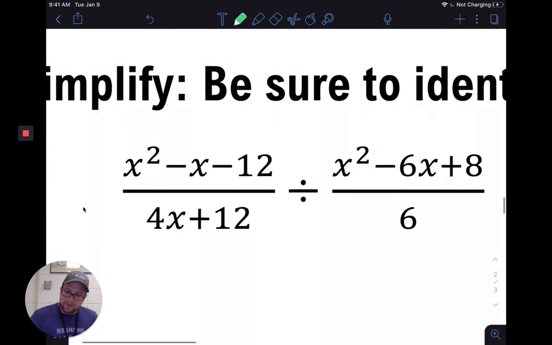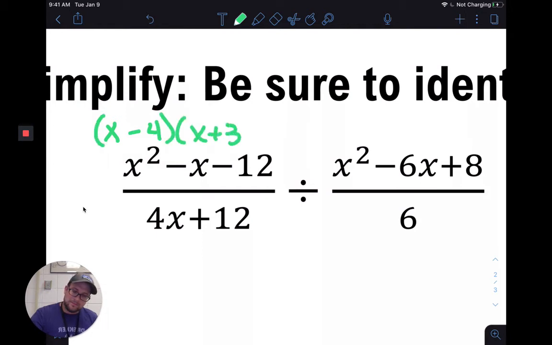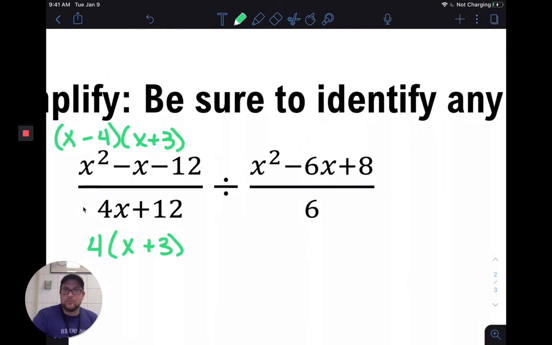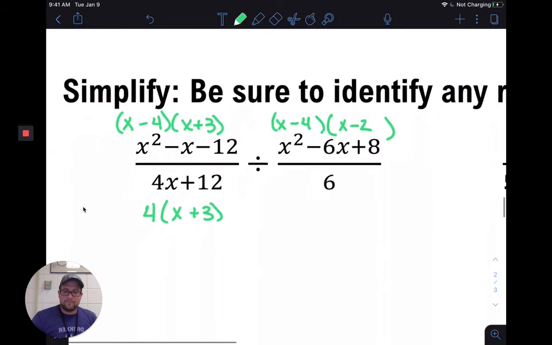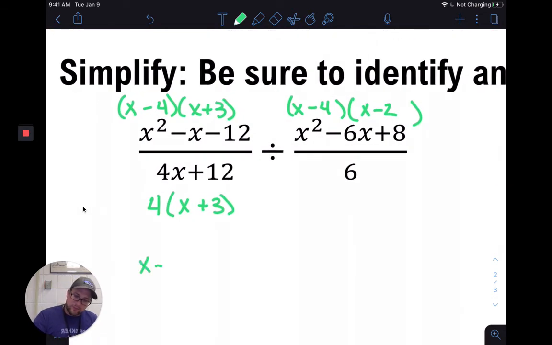If I factor the top up here, I would get an x minus 4 and an x plus 3. Factoring the bottom over here, if I pull a 4 out as my greatest common factor, I'd be left with an x plus 3. For my top, or the numerator of my second fraction, how about an x minus 4 and an x minus 2? And the bottom doesn't factor. Now, this is what we know, that if I was left with x minus 4, x plus 3, and 4